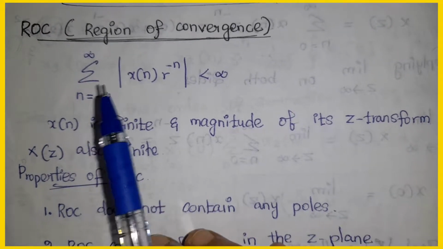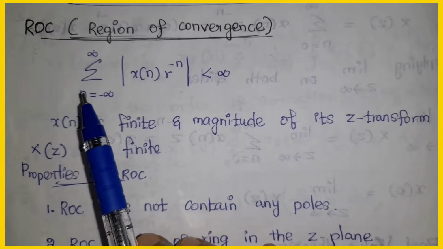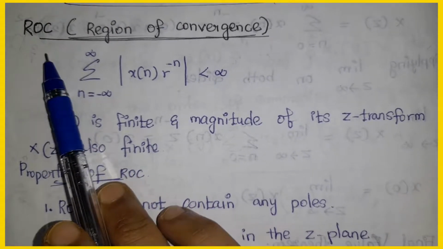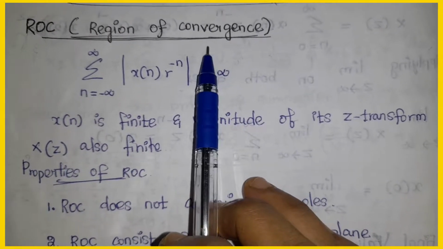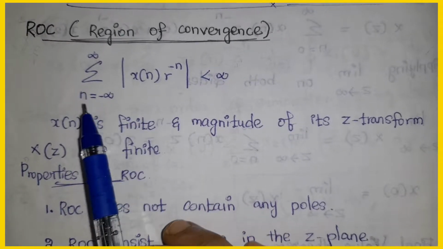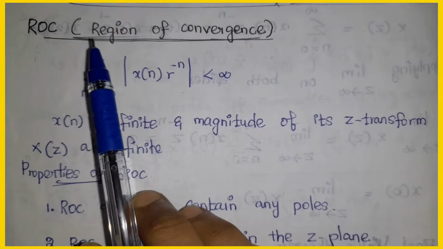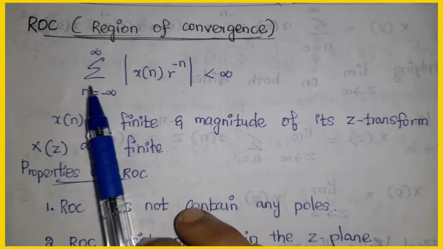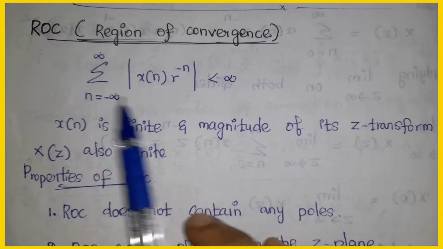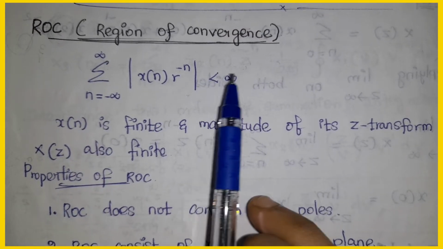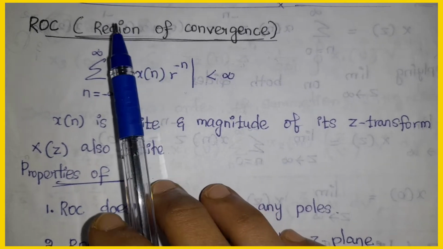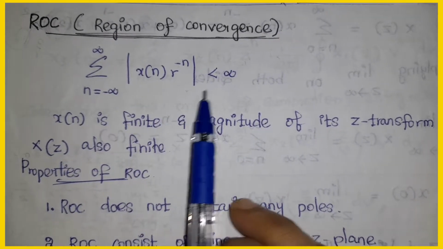Hi friends, இன்னைக்கு DSP சீரியஸில் நம்ம நெக்ஸ்ட் பார்க்க போகிற டாபிக் என்னன்னு பார்த்துட்டிங்கன்னா ROC. ROC is nothing but region of convergence. So region of convergence அப்படின்னா we have to use the formula: sum over n equal to minus infinity to infinity of modulus of x of n z to the power minus n. It will have a value less than infinity. So infinityயை விட கம்மியாக இருக்கும் அப்படிங்கிறது தான் region of convergenceக்கு நம்ம கொடுக்கக்கூடிய